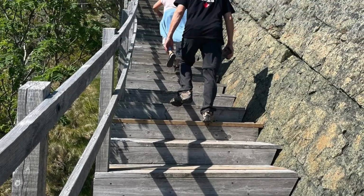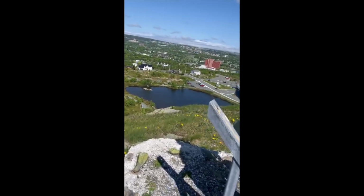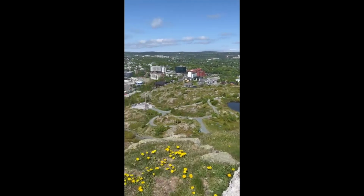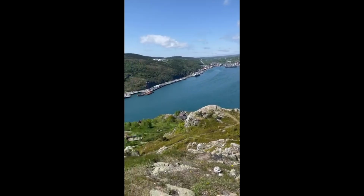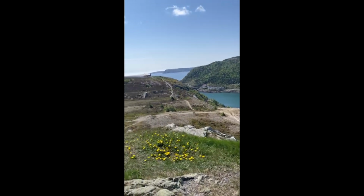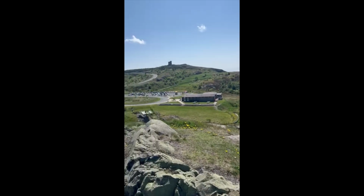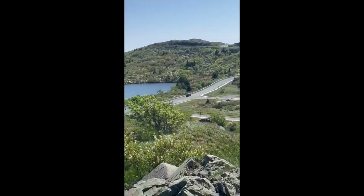Signal Hill also has a beautiful view of the harbor at St. John's. So you have to walk up some stairs and make it up to the top and have a look here at the beautiful panorama. On our way down from